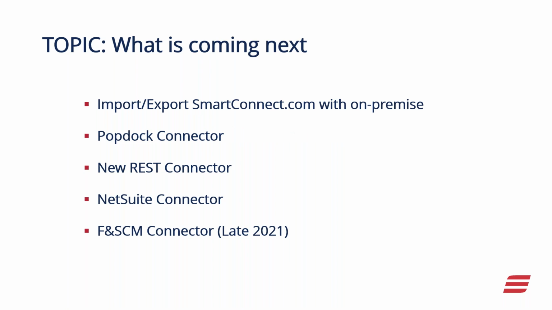What is coming next? I guess I didn't put it on this list, but the first thing you're probably going to see is the migration path. Migration from SmartConnect 2018: you're going to have to go up to 2018 before you can make the jump to 21, because we can't make sure that we handle all table changes back for the last 10 years. But once you're on 2018, there's going to be an upgrade path,